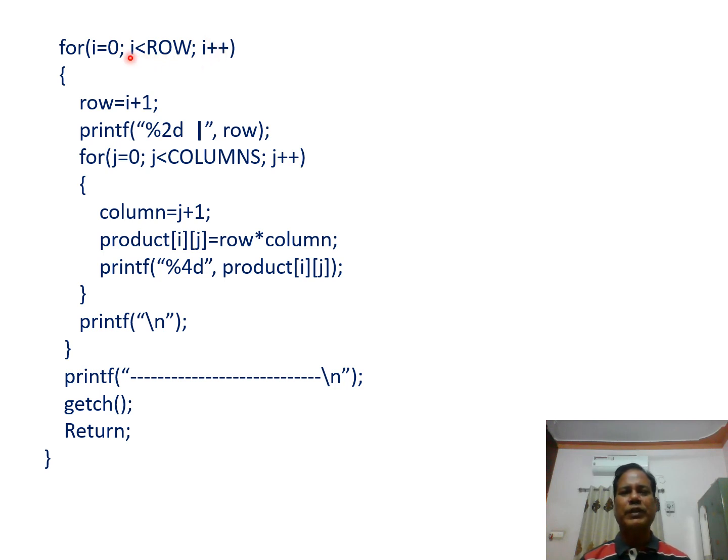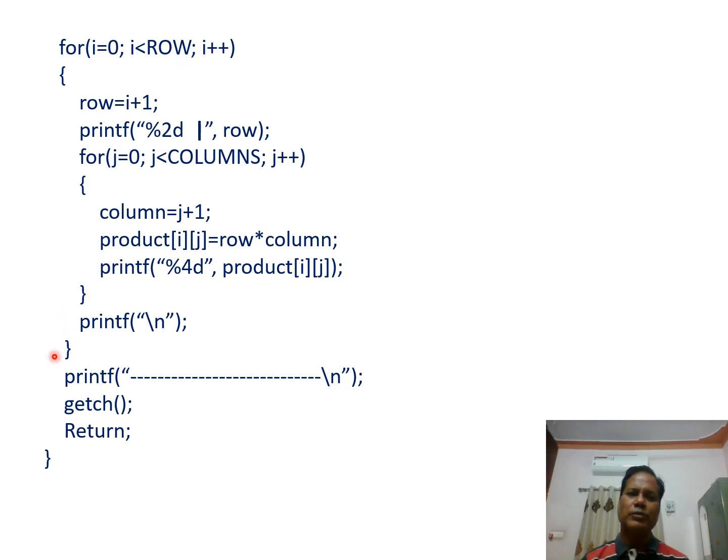That is, we have to print the second row of the multiplication table. So the condition is true. Again, in a similar way, we print all the values of the second row of the multiplication table. So again the condition is going to be true till the value of i is equal to 4. After printing the fifth column, fifth row value, when the value of i is incremented and it becomes 5, then the condition becomes false because 5 less than row, that is 5, is false.